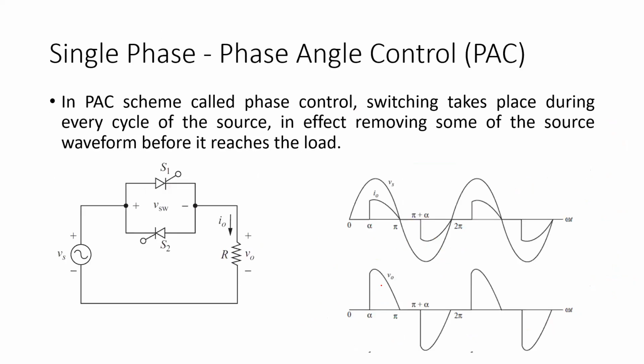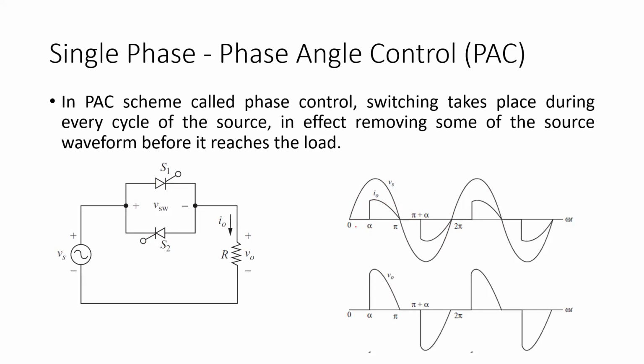Okay. Now we are coming to a somewhat advanced concept, the phase angle control. As I explained earlier, in here we do not cut the circuit cycle-wise. We cut it phase-wise. So if your V supply is something like this, you turn on these thyristors in between one cycle, in a manner that we can obtain something like this.